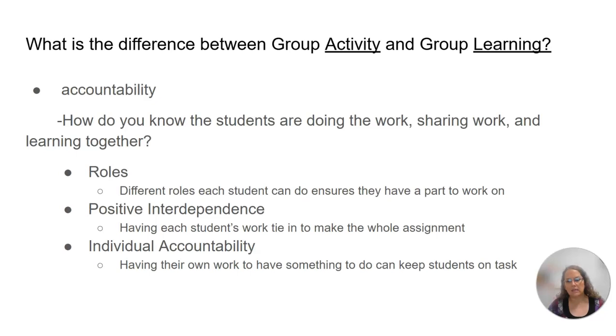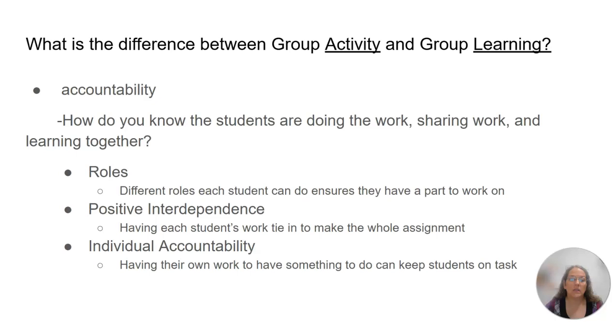Some ways to help with that. There's lots of different ideas, but one that can work is giving students roles. So what I mean by that is, what are they in charge of in the group? Okay, if you just tell them to go and work, they're not sure what to do. You'll always have a person that is not participating, not helping. So when you do your group work, it is better to decide what needs to get done in this group. What can I break down and say, this is a job, this is a job, and this is a job, and have the students, when they get in a group, pick which of those they are doing. Okay.